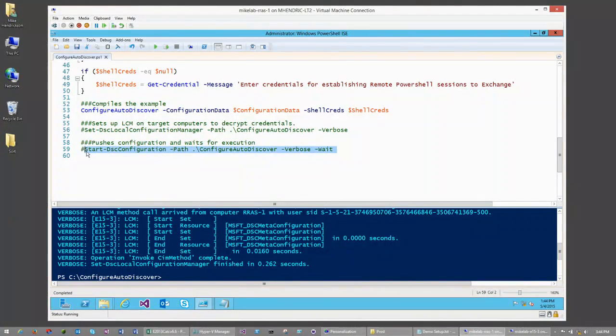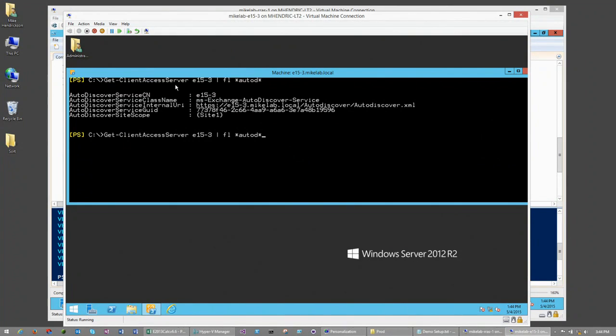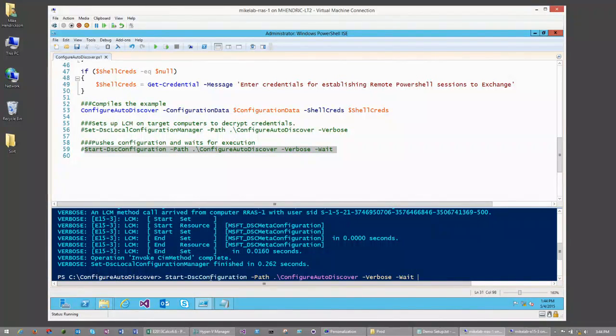And then finally, to actually push out a DSC configuration, I run Start-DscConfiguration, and that runs your configuration in push mode. So I'm just going to demonstrate right here on my other Exchange server. We can show what the URLs are currently configured. Basically, the standard URL, just the server's FQDN, and then AutoDiscover site scope corresponding to its same Active Directory site. So when I go ahead and run this,